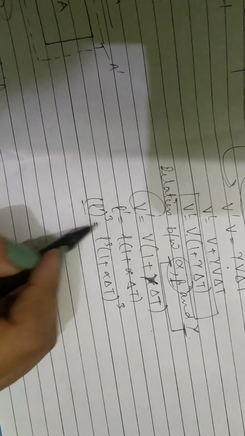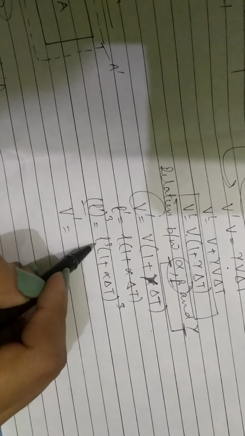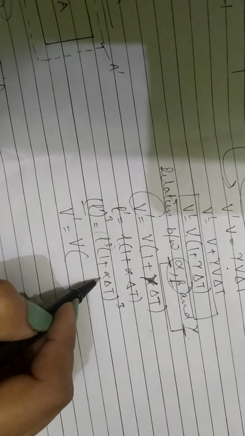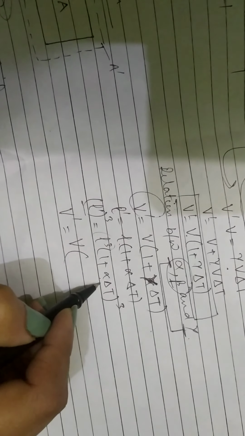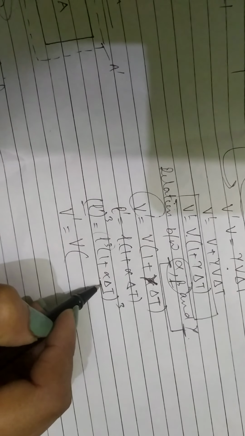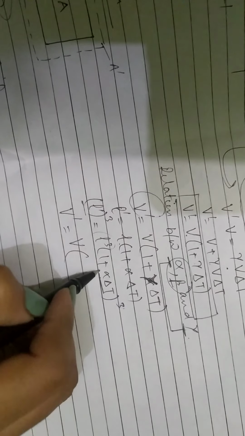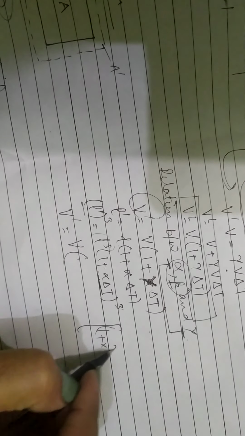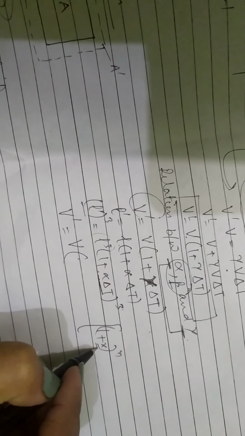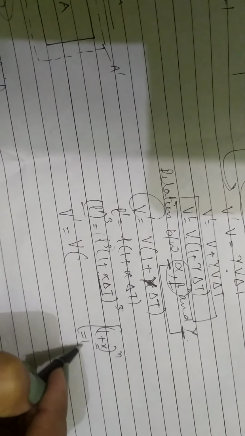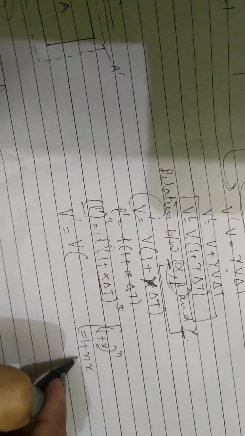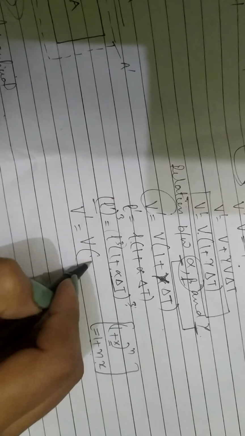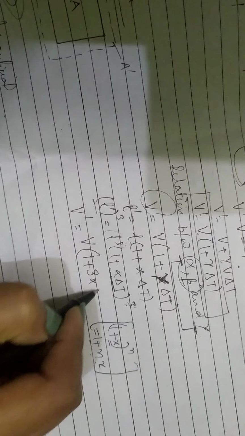Now here L dash cube means this is V dash. It is equal to L cube means this is original volume. Now here you can use the binomial theorem directly, that if the rise in temperature delta T is very small, alpha is small, then this 3 will come over here. According to the binomial principle, like 1 plus x raised to power n, if this x is less than 1, then this is nearly equal to 1 plus nx. The power comes forward, 1 plus nx. So here you will apply that. You will write here it will be 1 plus 3 alpha into delta T.